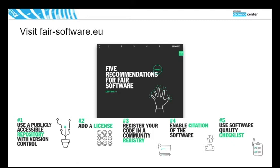Another thing that we do, so I think the Elixir Tools platform can help you find software that is already developed and that you can reuse. If you're developing software yourself and you want to make sure that your software is reusable by other people,